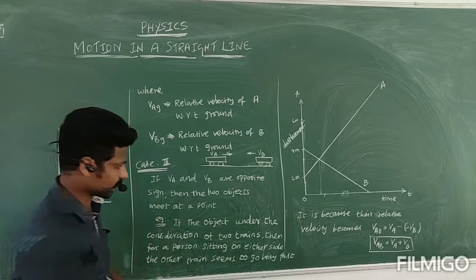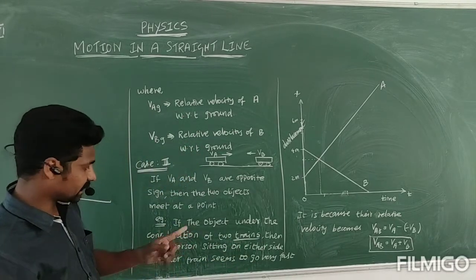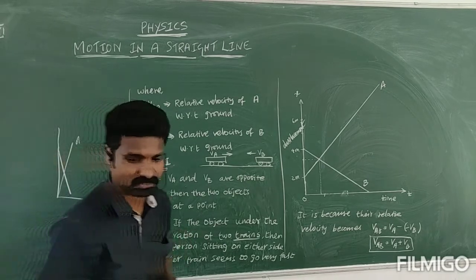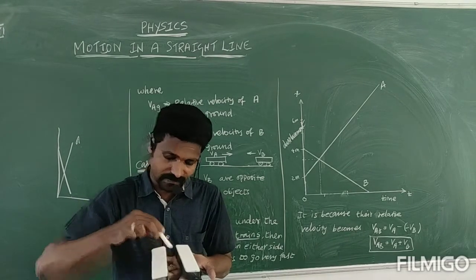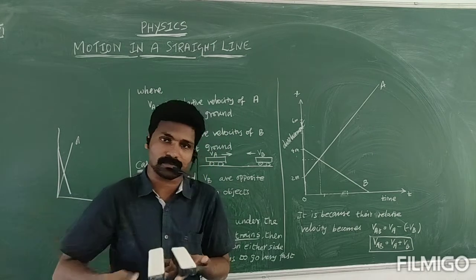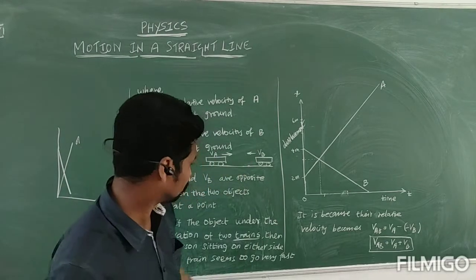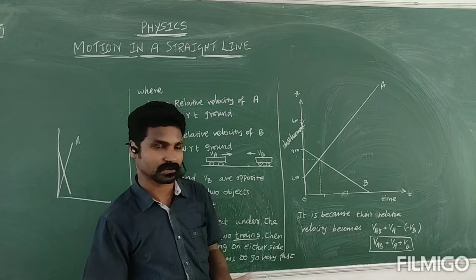A person sitting on either side sees the other train going very fast. One person is sitting at this window in one train, and another person at a window in the other train. What do they feel while crossing? They feel it is very fast. Why? Because